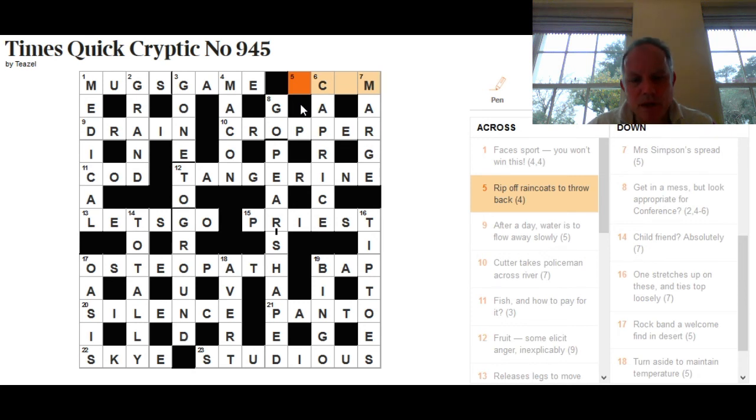And again, the letters in the grid are very helpful here, showing the value of getting some solving done first. The whole crossword becomes a lot easier. So we need a word that means rip off, something C, something M. And it will similarly be raincoats thrown backwards, as I say. And if we put in scam, we can see that that is Macs, Macintoshes, thrown backwards. MACS becomes SCAM, which is the word scam, meaning a rip-off or to rip someone off, to scam someone.